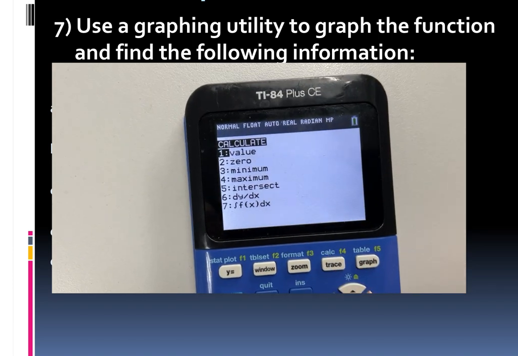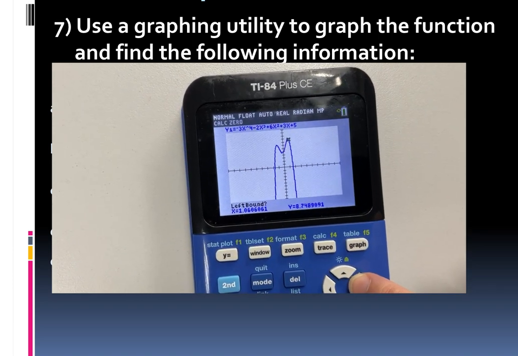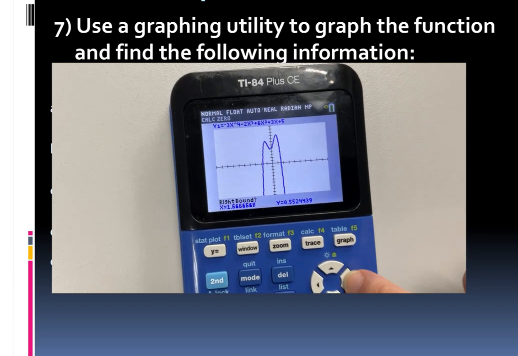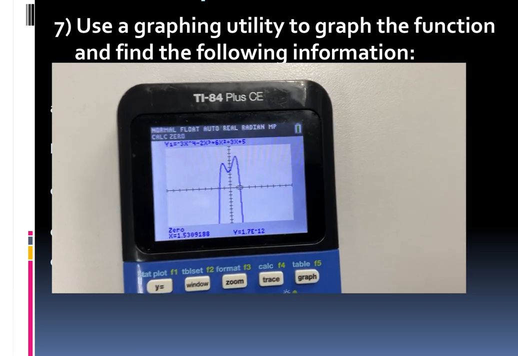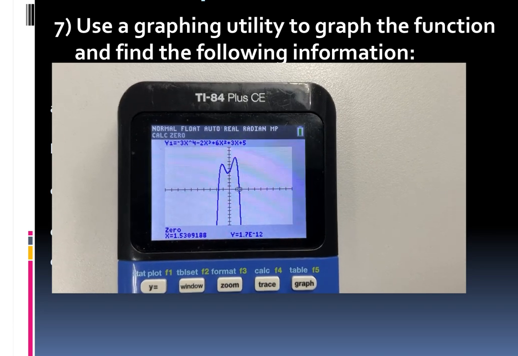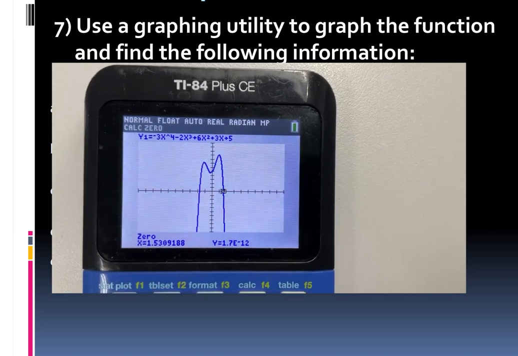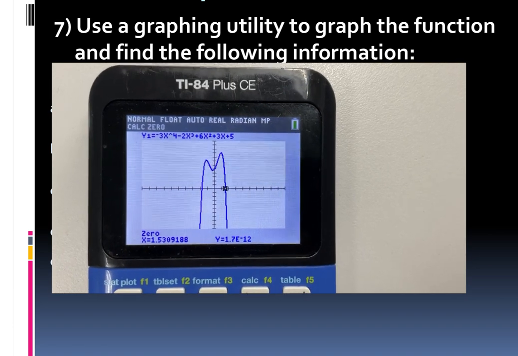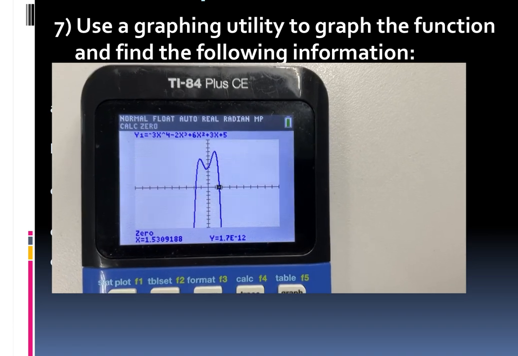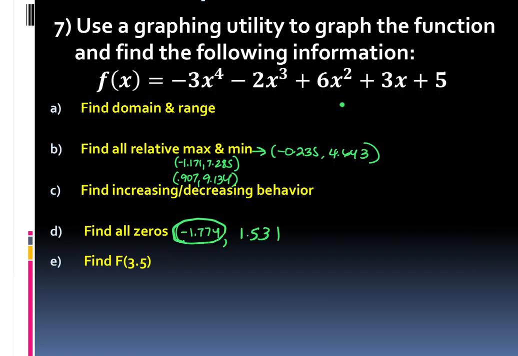And then I'm going to do the other one, second trace, go to 0. Go all the way, go past it. And my second 0 is 1.531. And again, it says 1.7e negative 12, but that's just 0. All right, so then from that image, let me actually just pull in the image, because this is what I would want to,